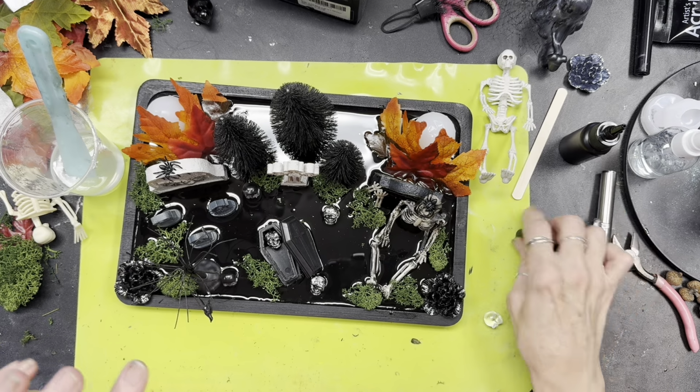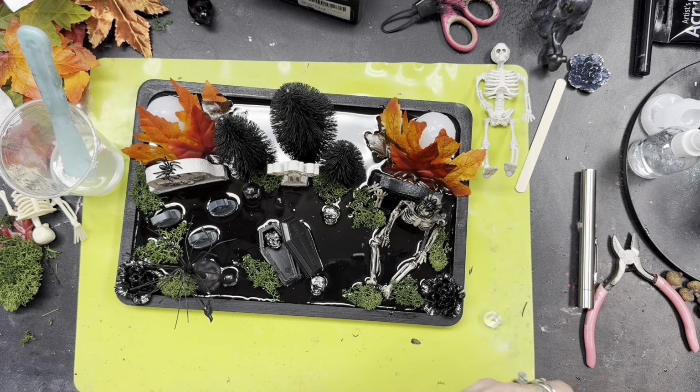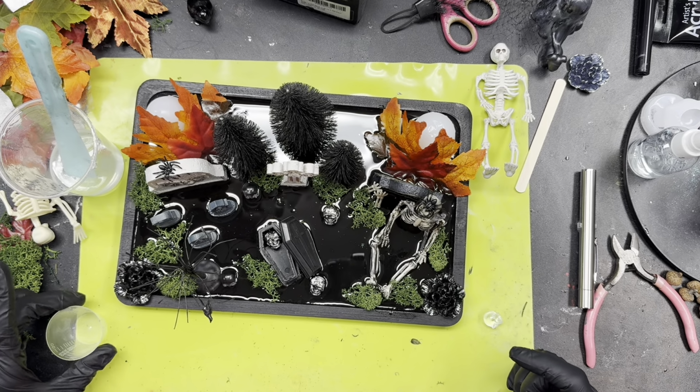All right, so let me put a glove on so we can make a little bit of glow in the dark. Actually, I'll put both gloves on just to be safe. All right. So last time I kind of had like overdone it with the glow powder, but